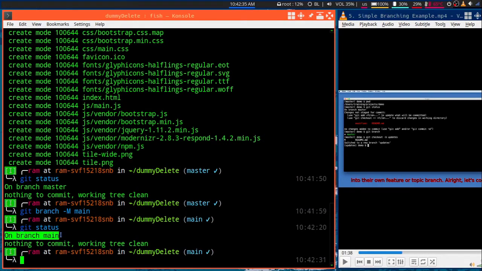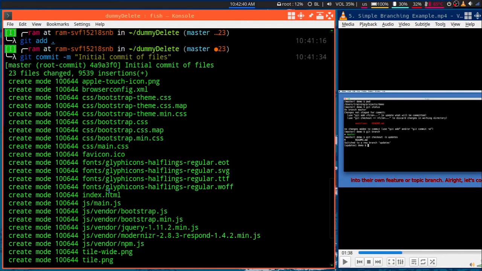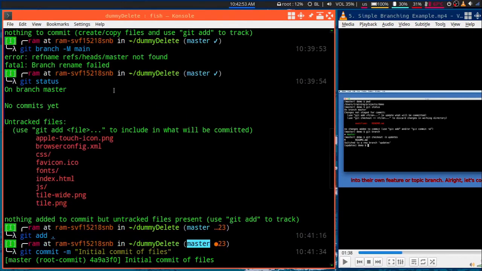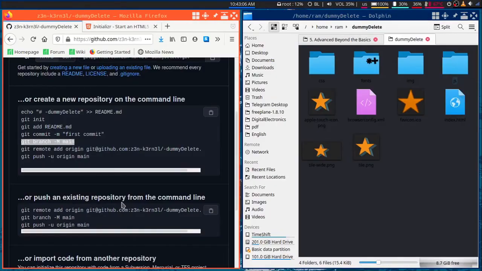So what happened here? When we commit, git will actually create the branch called master; until then it will not create anything. So first of all, when you create a repo, you need to commit something to create the master branch. Every time you type the git status command, it will say you are on master branch, but you are actually not yet, because you have committed nothing. When you commit, it will create the master branch. Then you can rename it and run the commands as follows.